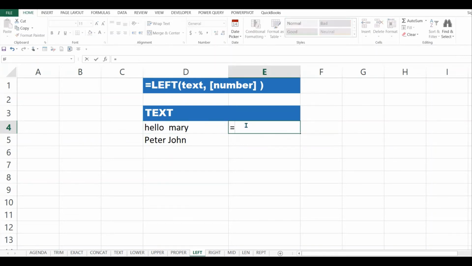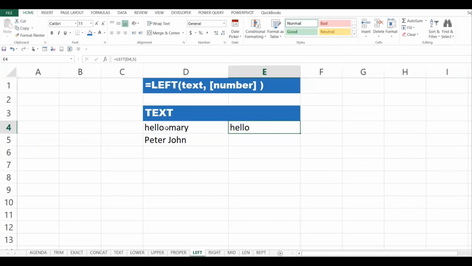I can use the left. Then how many do I want to extract? I have to count from the left how many I want. I want hello. Hello has 1, 2, 3, 4, 5. Let's try that. And we get hello.